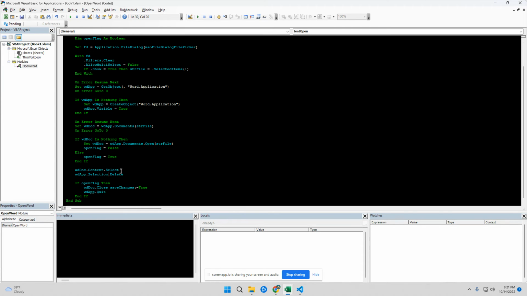If you're not super familiar with coding, this if statement basically just checks whatever this little snippet of code returns. If that returns true, then your if statement is true. If it returns false, it's obviously false. And so if I say open flag and it's a Boolean and flag is equal to true, meaning if the document was already open,